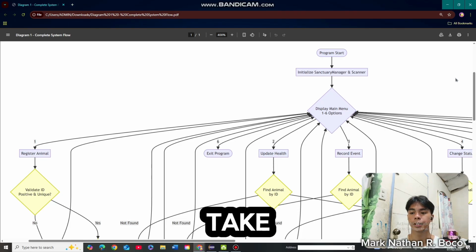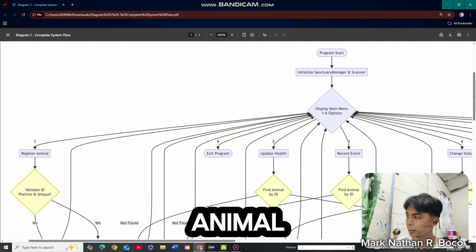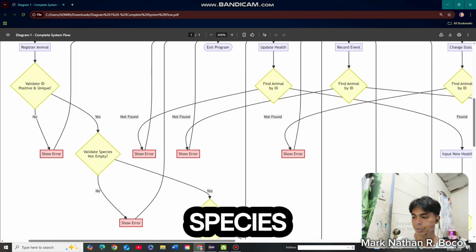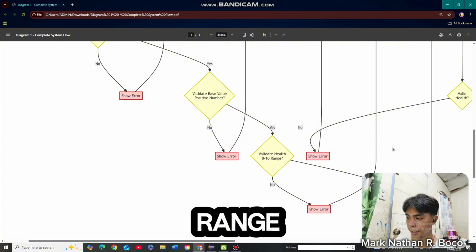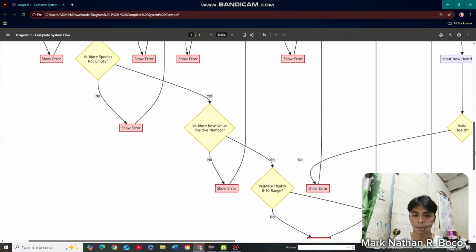First, let's take a look at the validation chain in the diagram. In the register animal function, we have the validation for ID, species, base value, and health range. Each diamond is a gatekeeper. Every time we hit a red error box, we return to the menu.